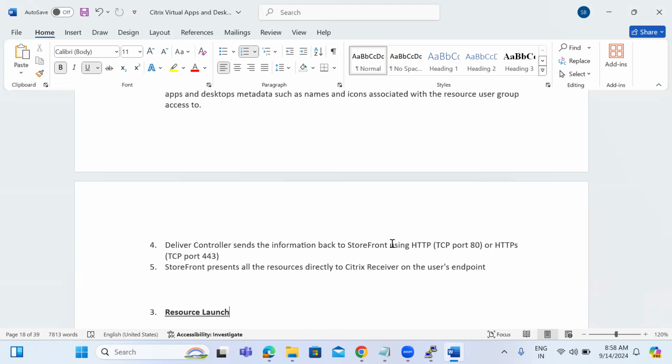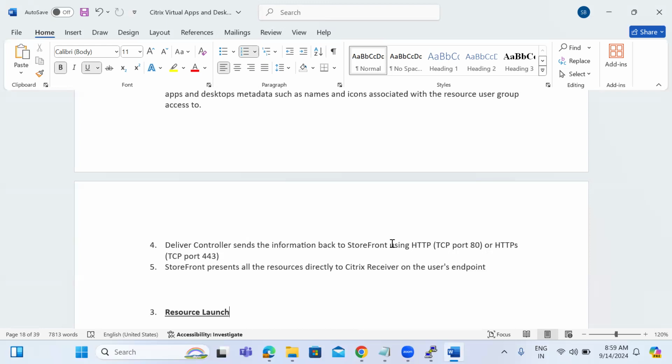Then the controller goes to the database, and the database will give the list of desktops and applications that would be delivered to Storefront